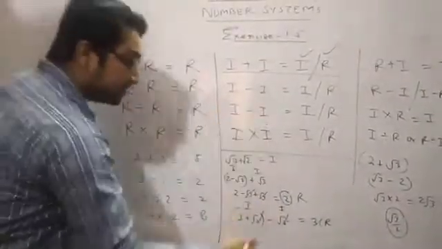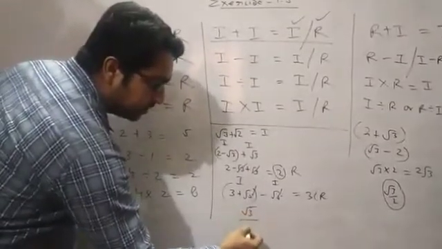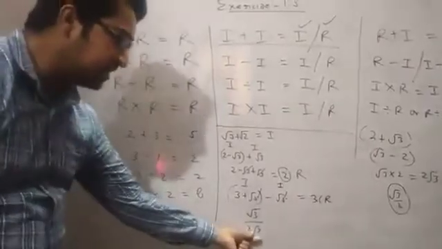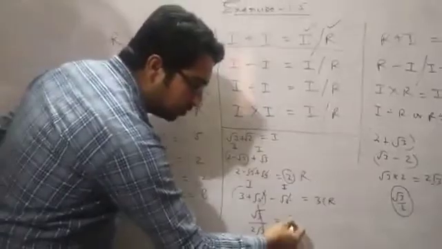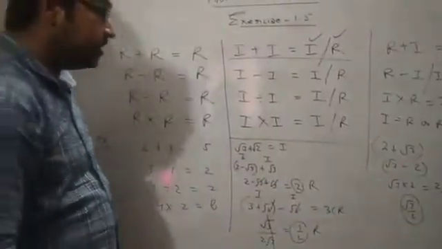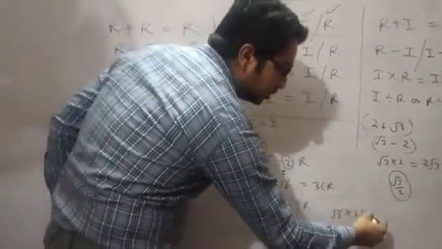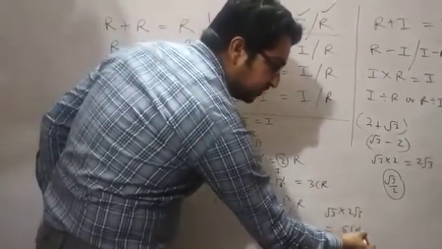Now see the division. When we divide root 3 by 2 root 3, because the combination of a rational and irrational number is always an irrational number, these can be cut down, giving 1 upon 2, which is called a rational number. And when we multiply irrational by irrational, like root 3 multiplied by 2 root 3, we will get root 3 into root 3 is 3, and 3 times 2 is 6, which is a rational number.